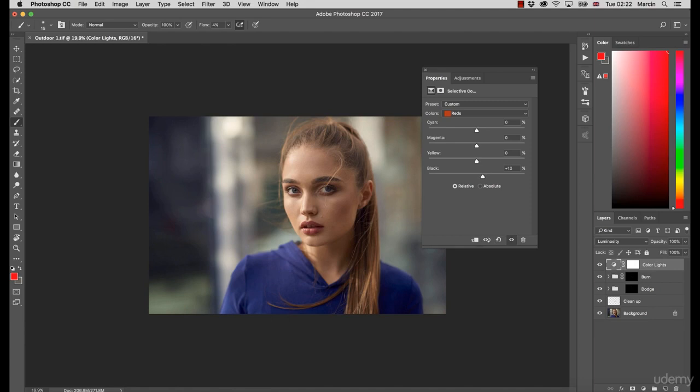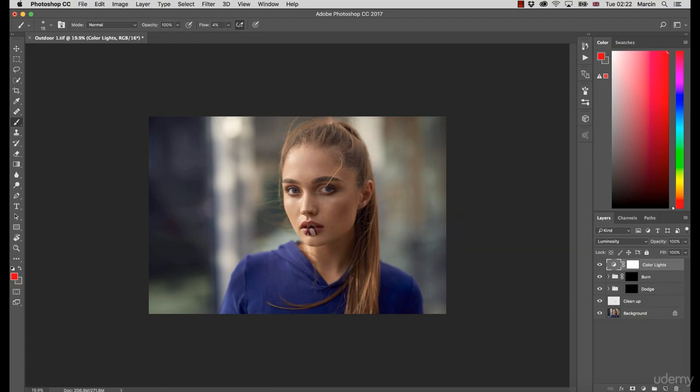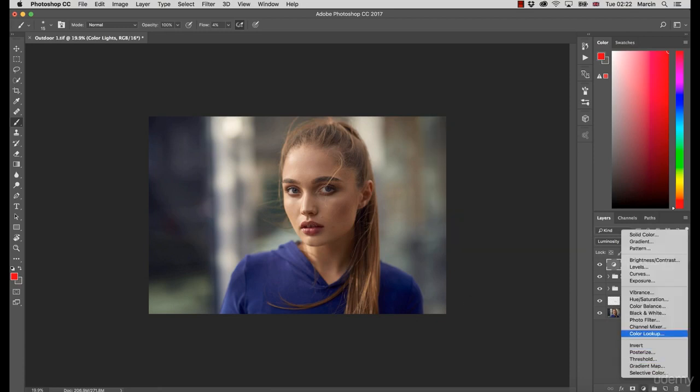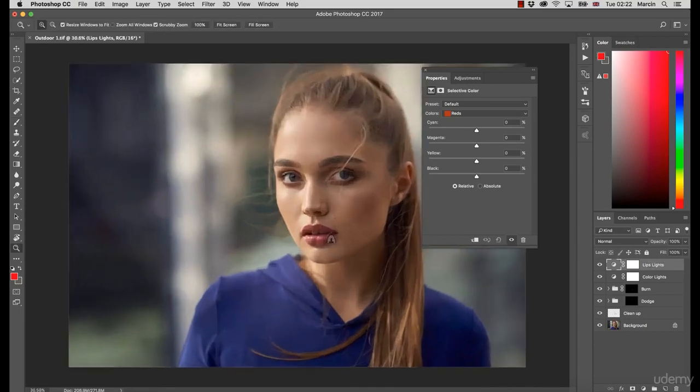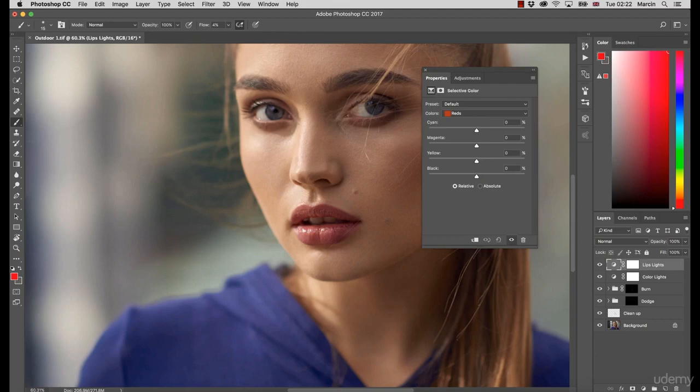So I was doing everything in this one layer, so as you can see, the cheek is a little bit darkened, though I want my lips to be a little bit brighter. What I will do, I will create a new selective color layer, and I'm just going to call this lips lights. And of course you can do this using curves or anything, but it will be very simple to work that way. I'm just going to brighten this up,